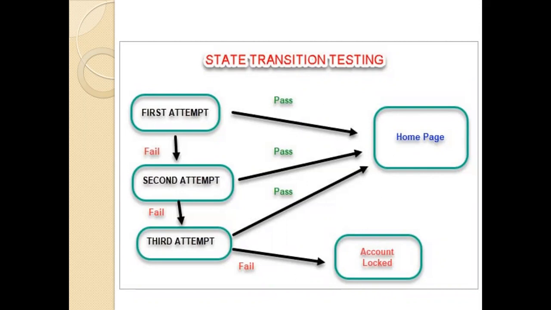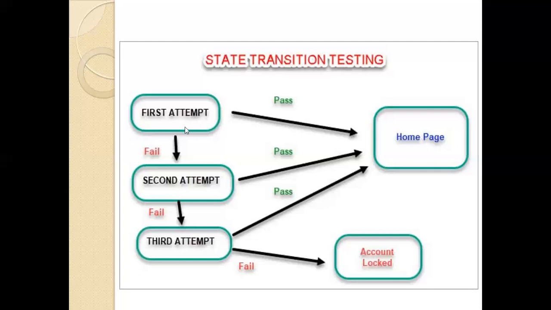One more example is given over here. You might have seen banking websites. You may have an e-banking facility. Then how does it work? Many times it will accept the password only 3 times, isn't it? And if wrong, your account will be locked. This is the scenario. Then how does it work?